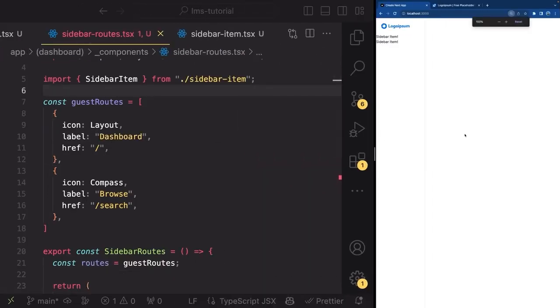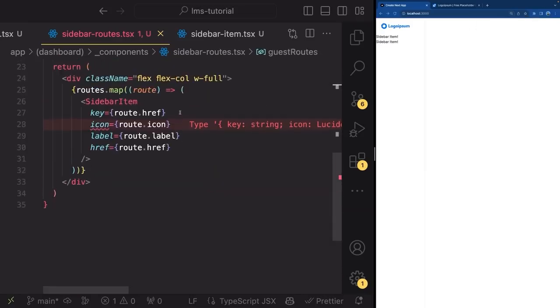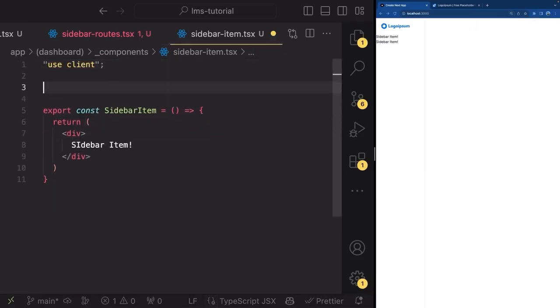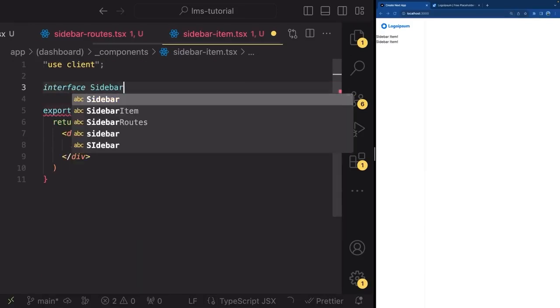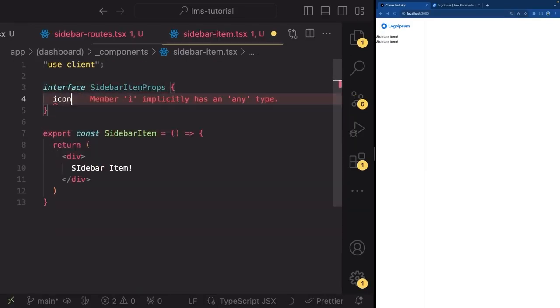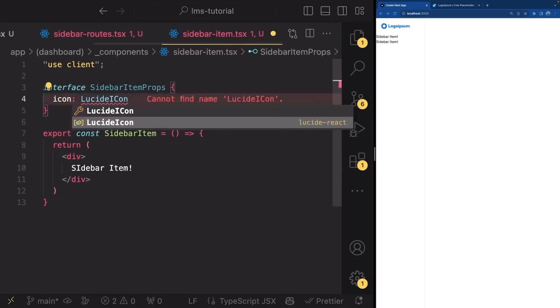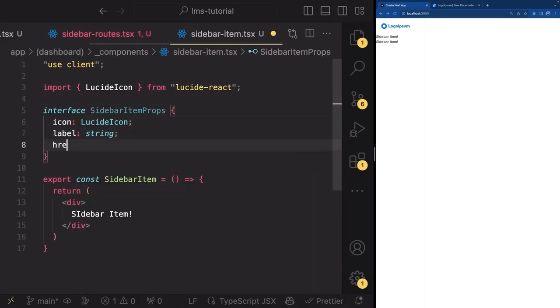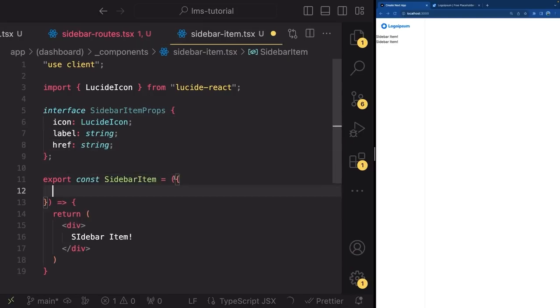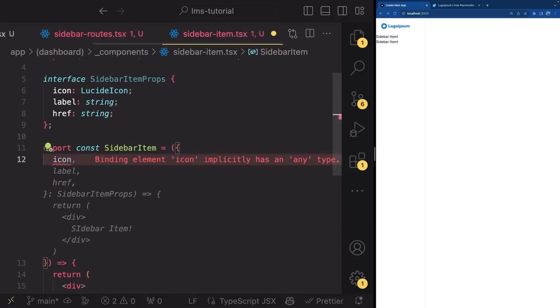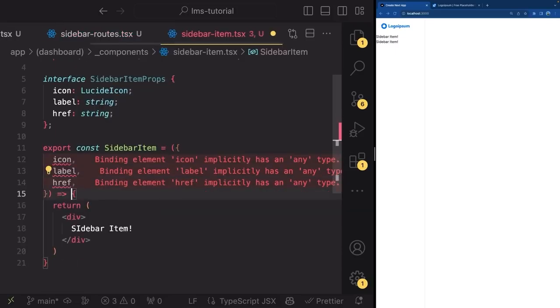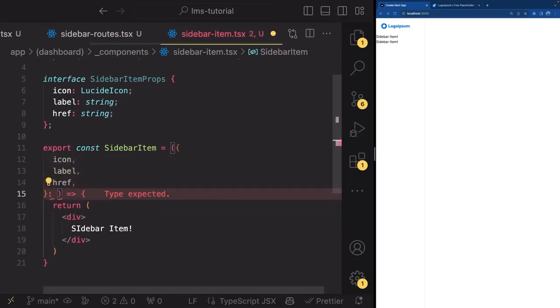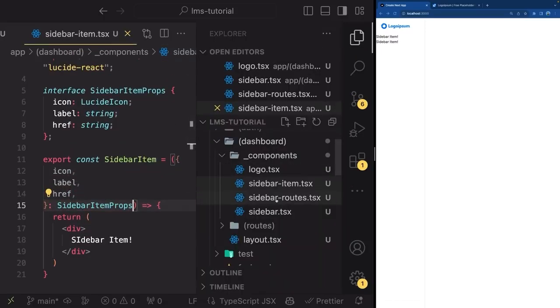So I'm just going to expand everything for me here. And I'm going to go inside of the sidebar item, and I'm going to create an interface. So interface SidebarItemProps like that. It's going to have an icon, which is the type of LucideIcon from lucide-react, like that. Label is going to be a string, and href is going to be a string like that. Now let's extract all of those props here, so icon, label, and href like that. And let's map them to SidebarItemProps like this. And now you can notice that inside of our sidebar-route,